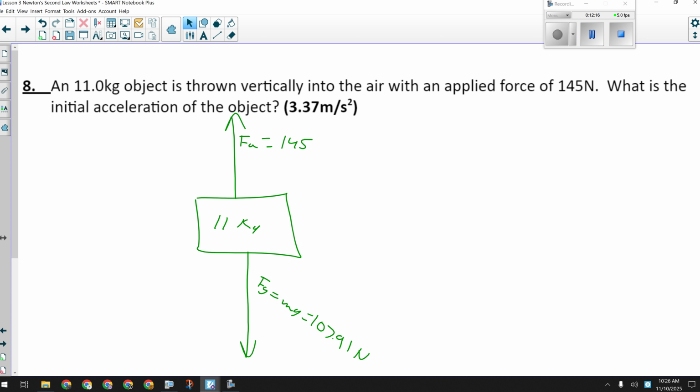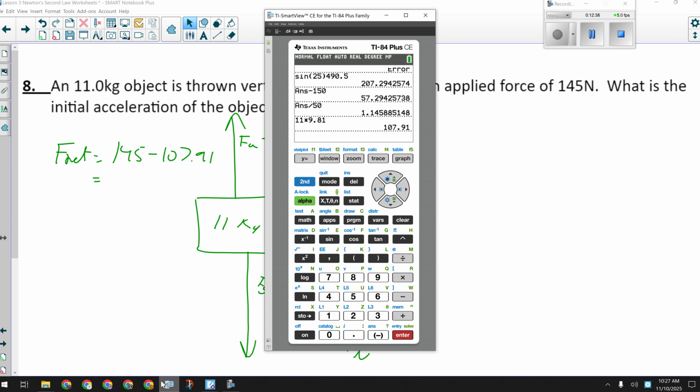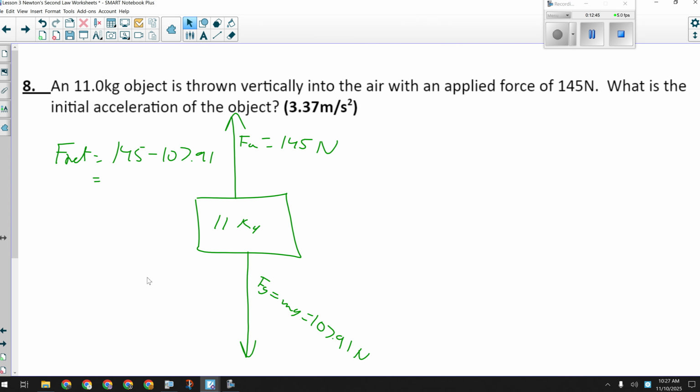Okay, once you realize that, this is a pretty easy question because you just have F net equals 145 minus 107.91, the two act in opposition to each other, and then you have your net force on the elevator, rock, whatever object that's being thrown up in the air. 11 kilograms is pretty heavy, right? So 145 minus the weight, and it gives us a net force of 37.09 newtons up, and then acceleration is